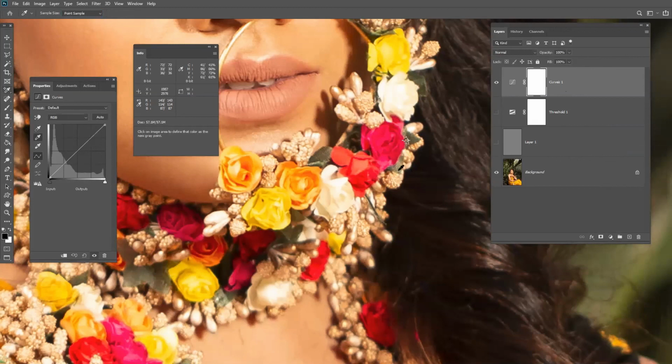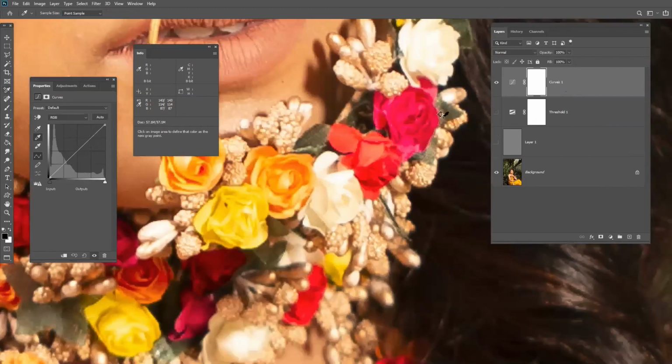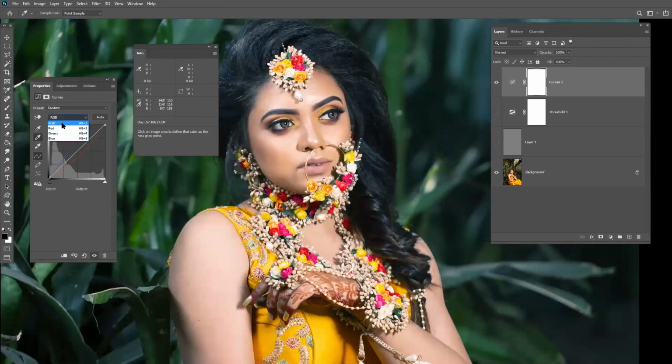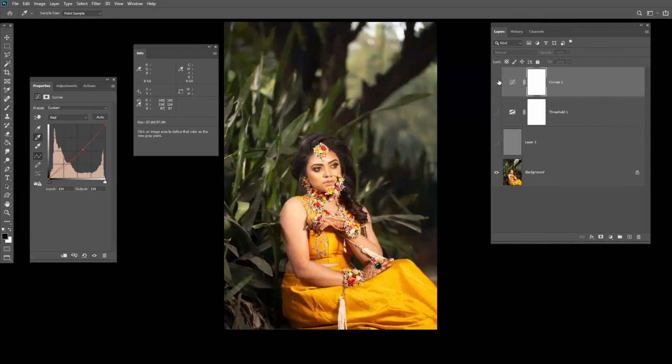Just take the gray curve and the sample that we have made, we first try to hit there. See, it has given you an average reading and an average white balance also. Now you can change a little if you want to. So can you see the difference now? So this is how we can easily correct white balance casting.